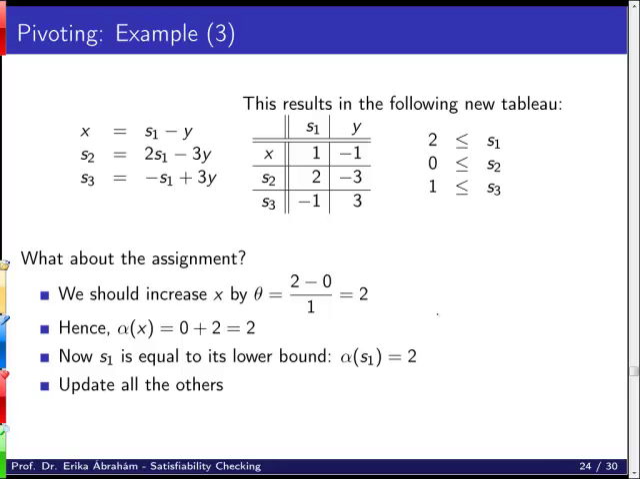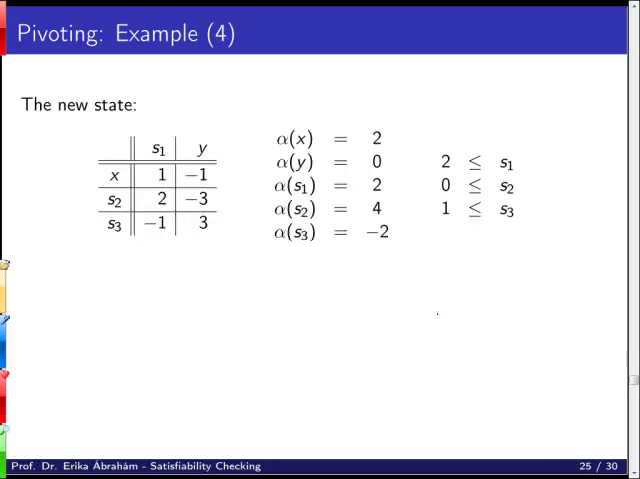So the value of S1 becomes 2, and also the value of x becomes 2, and this equation is satisfied now. And I have to update also the values of the remaining variables here, because they are affected now by the change of this value of S1. So I compute also S2, which is now 2 times S1, that means 4, minus 3 times y is 0, so the value of S2 will be 4, and the value of S3